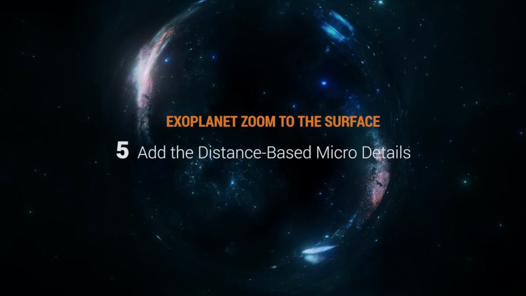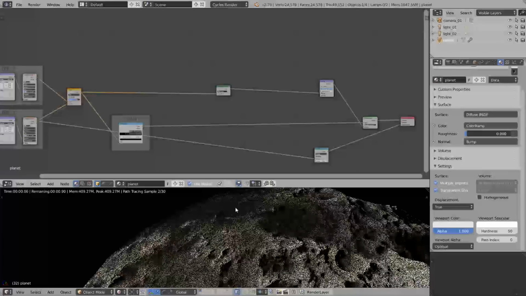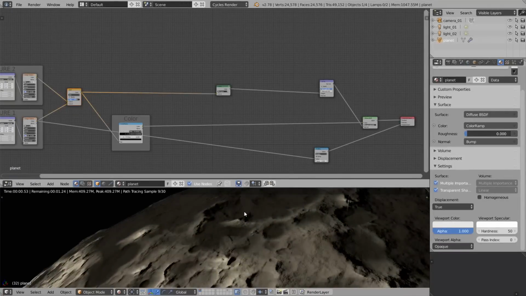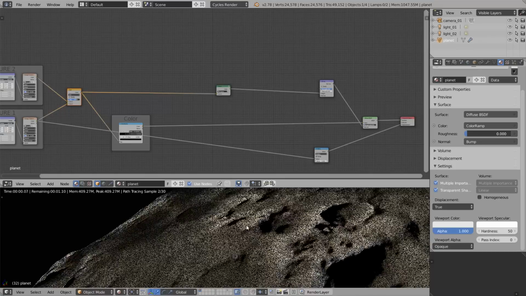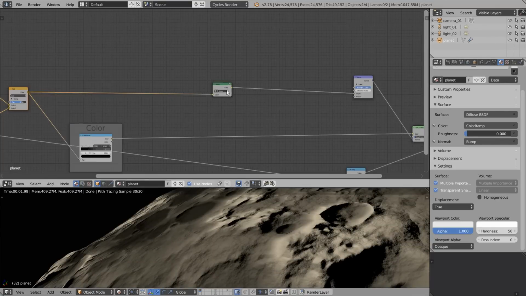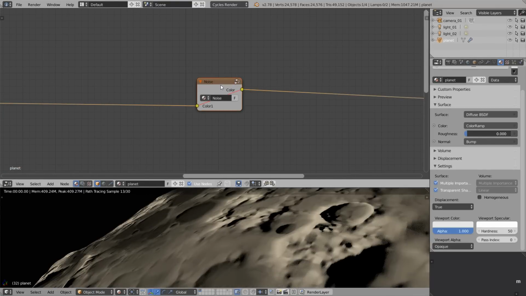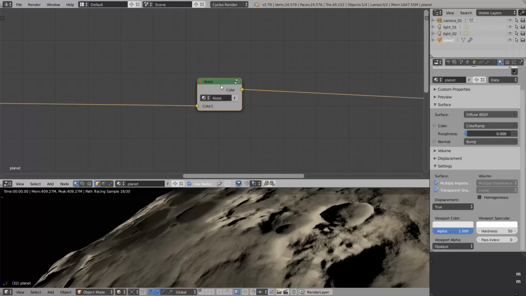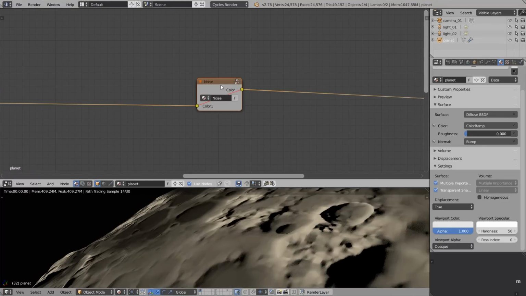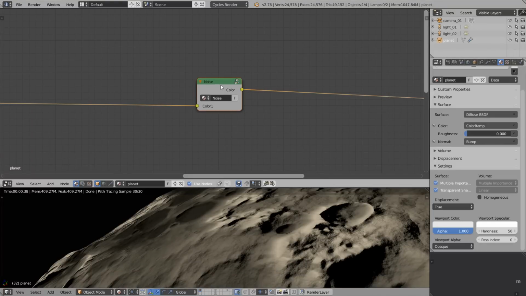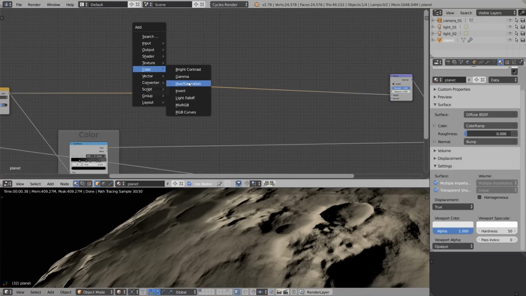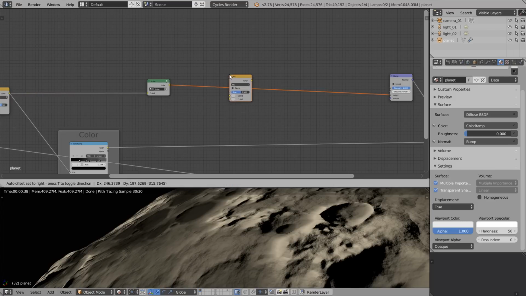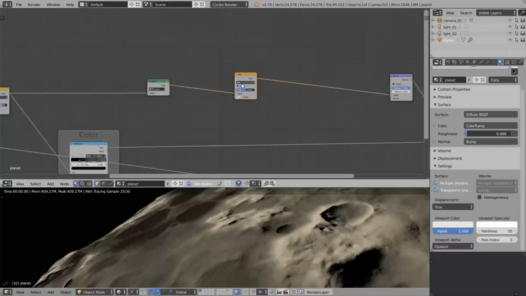Alright, fine. The next step would be to add the distance-based micro details. Because if we want to move really close to the surface, the noise group will help a little bit, but still we'll notice a lack of details. So in our hierarchy of details, the noise group is kind of a medium scale thing. We need a finer one. And actually, to avoid too much clutter and noise, we're gonna reveal these details only when the camera is really close to the surface. We can do it by using the distance from the camera, but first, let's add the